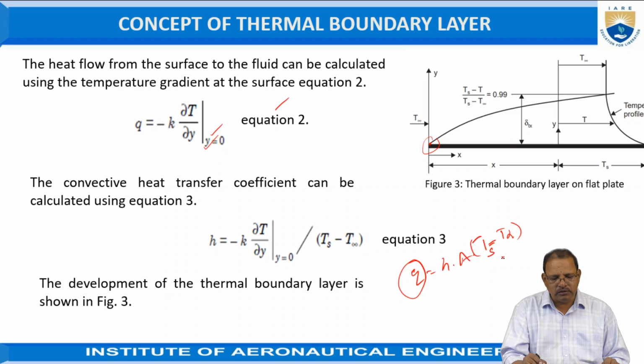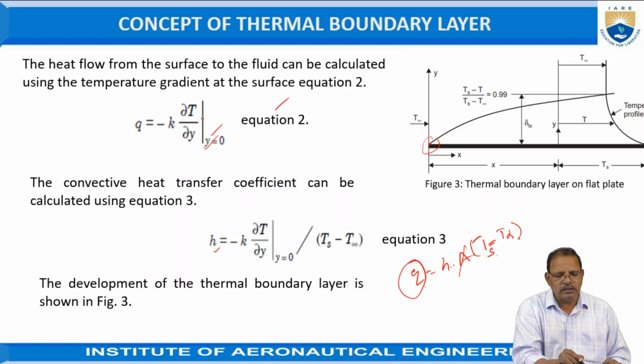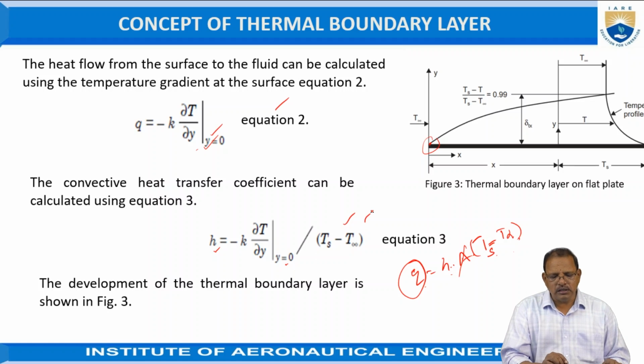So equating just 1 and 2, we got to here H is equal to H into, since the surface area is also constant, and so we can take the H into Ts minus T alpha. So from this relationship we got to, that is H is equal to minus of K dt by dy at y is equal to 0, divided by Ts minus T alpha. So from this relationship we can determine the convective heat transfer coefficient, which is most useful to determine the temperature distributions